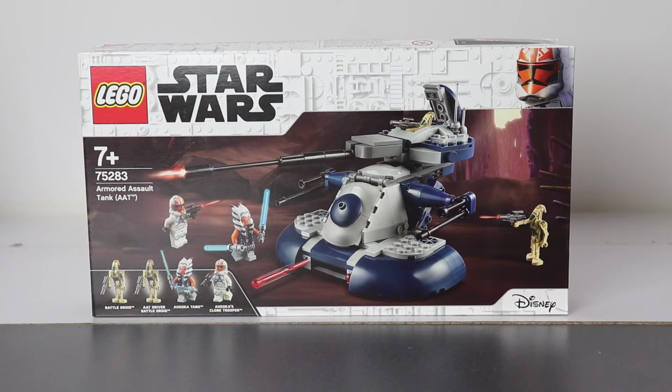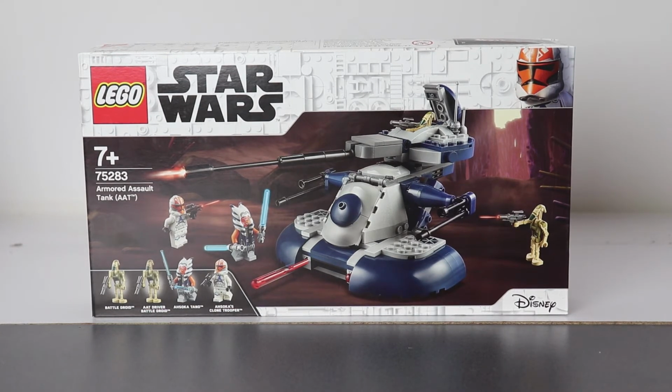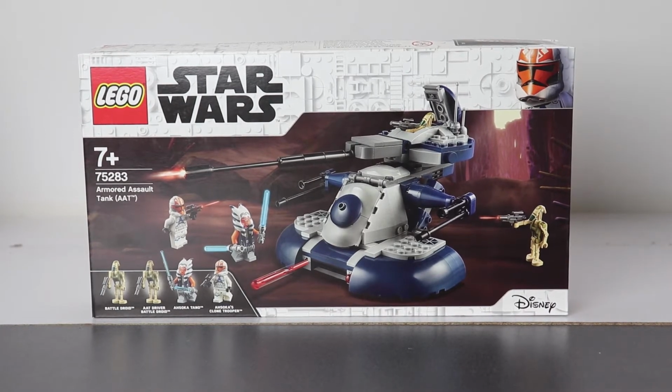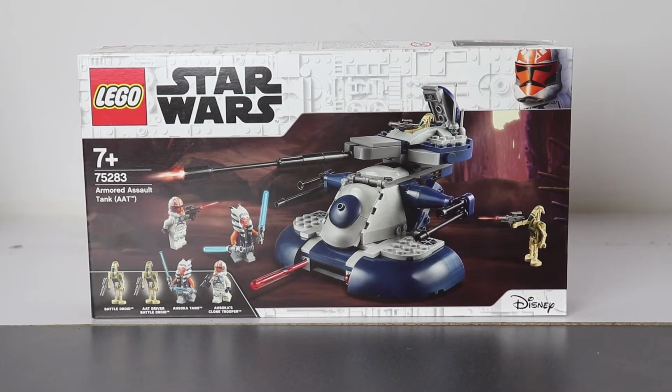So this set is overpriced, but I think it's mostly because of the Ahsoka Tano minifigure. She might be exclusive to this set, but mostly it's because they want money for Disney. Because of COVID-19, Disneyland is now closing, and Disney will probably have no money, so they need help from LEGO and make LEGO Star Wars overpriced across the full 2020 wave, with all sets